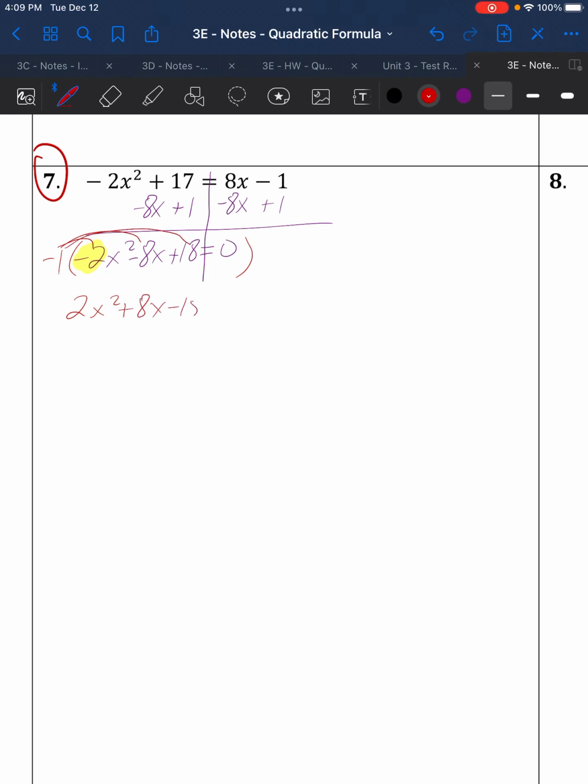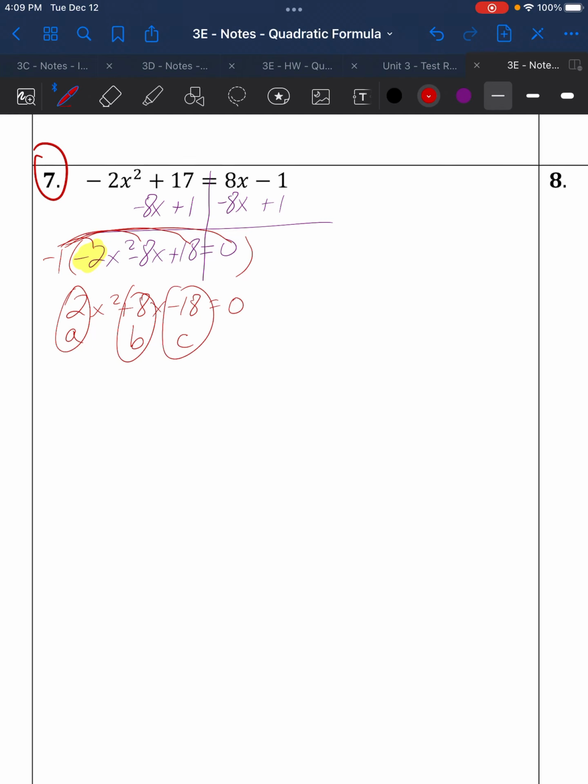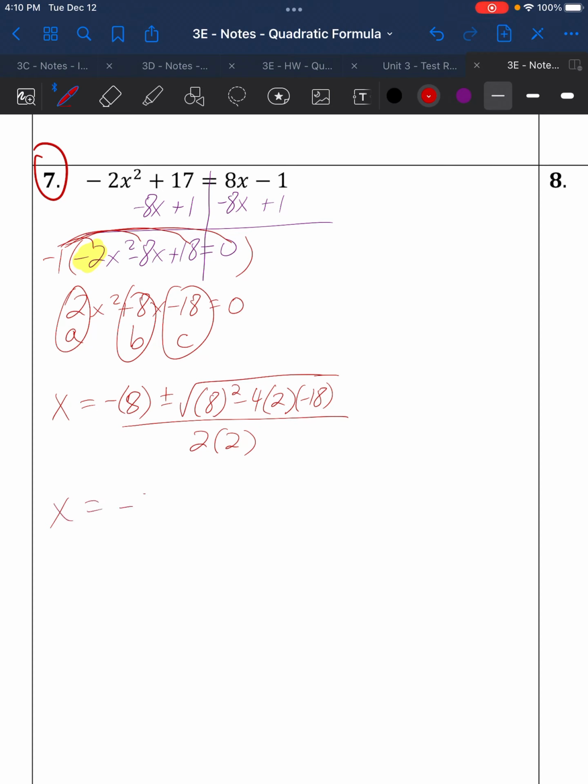So that'll be 2x squared plus 8x minus 18 equals still 0. So now I have my a is 2, my b is 8, and my c is negative 18. You can take out a greatest common factor from this if you'd like. It will make the number smaller for a, b, and c, but you certainly can work it out the way it is. So b is 8, so negative 8 plus minus b squared minus 4 times a times c, all divided by 2 times a. Negative 8 plus or minus